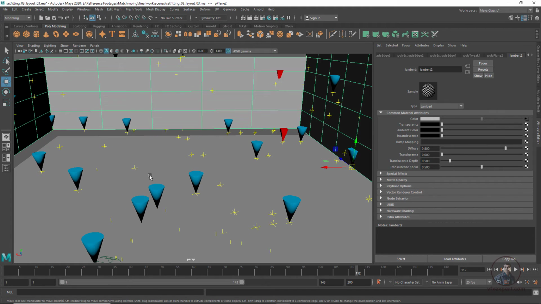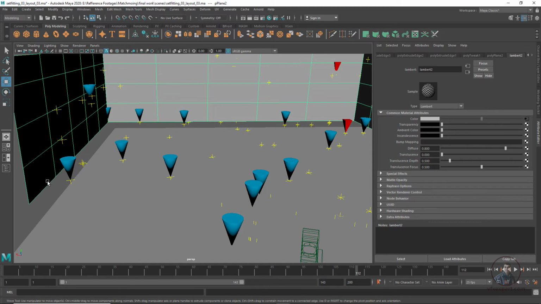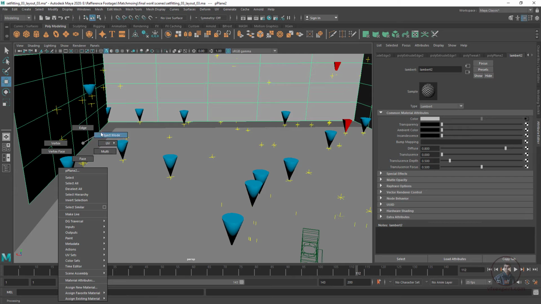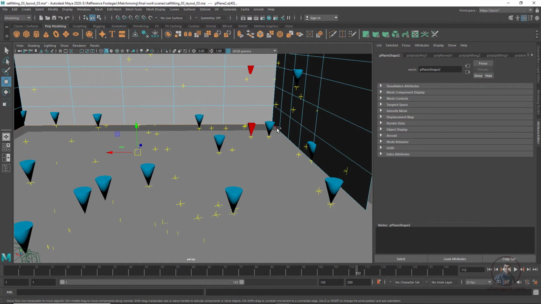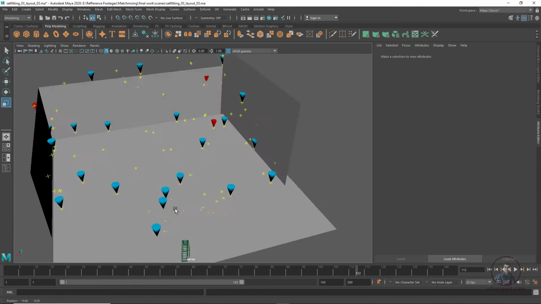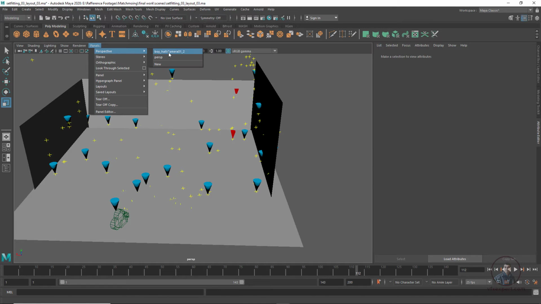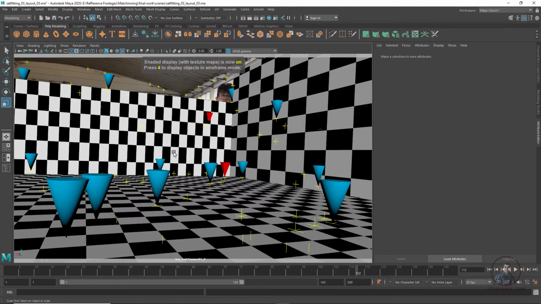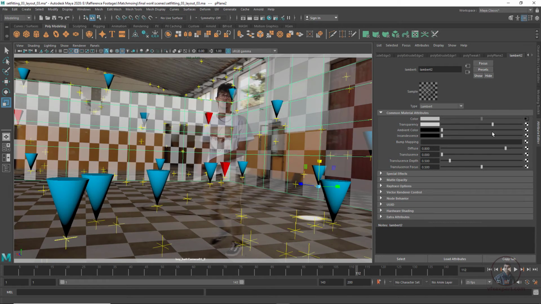We have to adjust all these edges with these side walls. If you want, you can extrude this one, or you can adjust your edges directly. So right click, then maybe edges, and select all these edges here. I think this is looking good. Now click here, come again into camera view and press 6. Easily you can see, and again select Lambert and adjust some transparency here. All these things you can see.